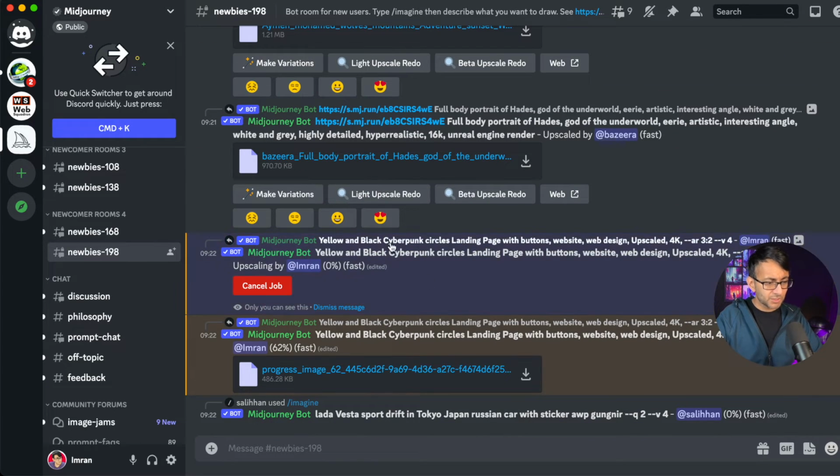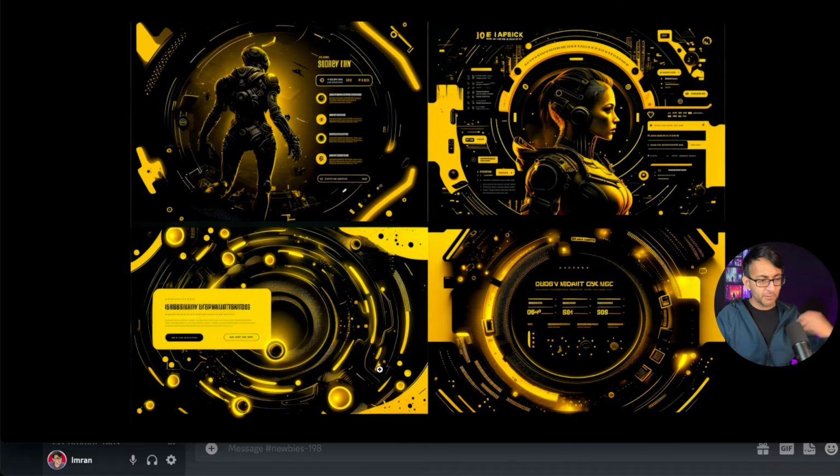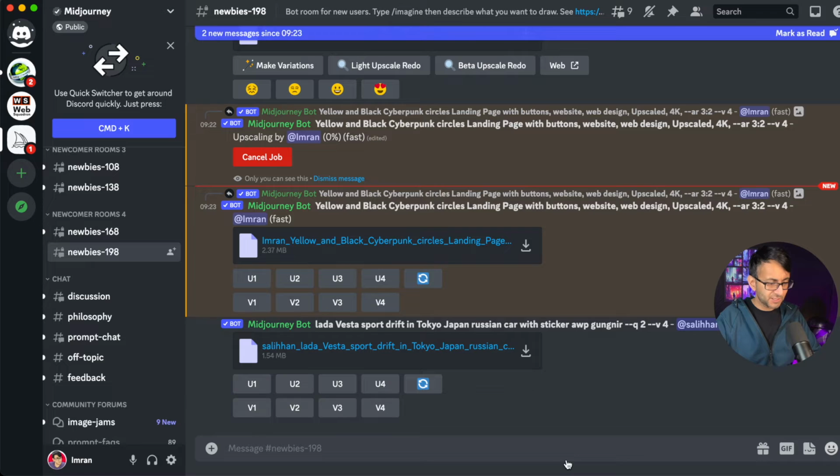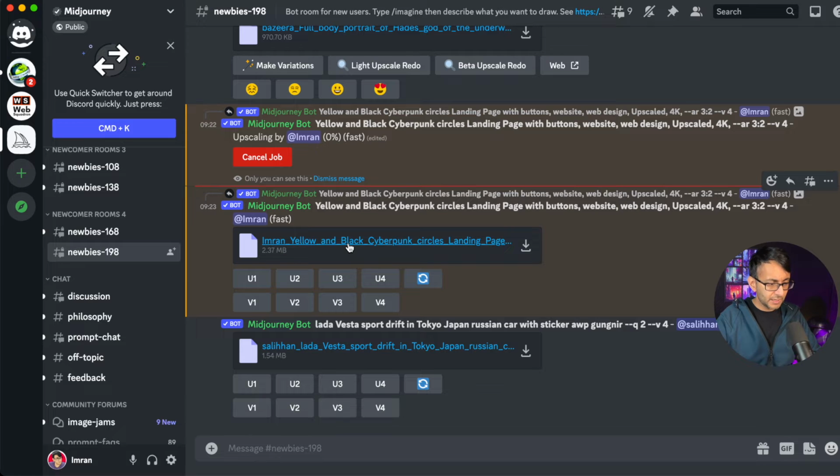So what we have over here is our upscaled version that is still creating, but I have also got another version of the 4 images created down here as well. So this is now generated, and here we go. Look at that. That's a really cool image. I quite like that one. Look at the layout of that. So this is great for giving you inspirational ideas, but I cannot stress enough, it is the power of the image, okay? Right, let's just close those down, and hopefully if we go back to Discord over here, this version